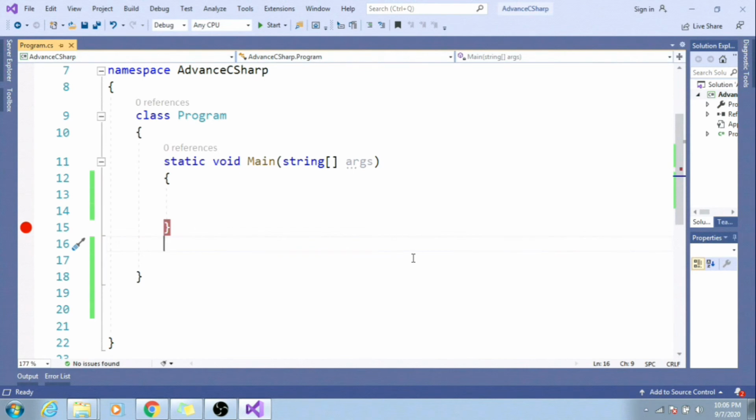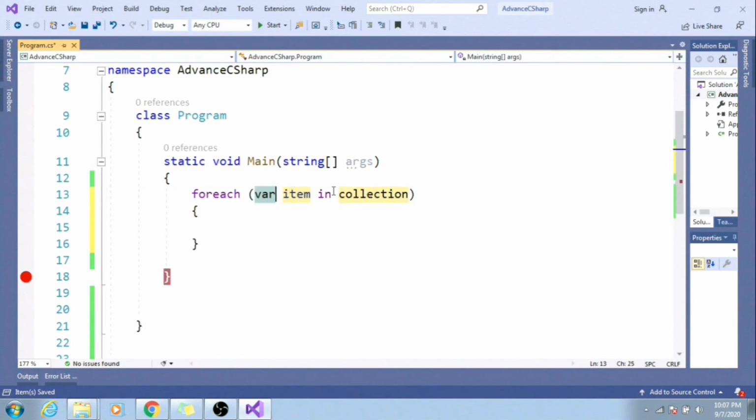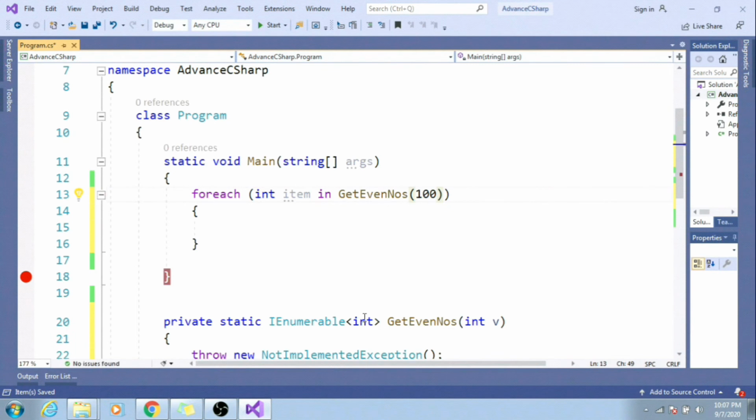It is really very helpful for doing the stateful iteration. Let's see that practically. Let me try to iterate a function which is returning a collection of even numbers. For each tab, this is integer and this is GetEvenNumbers. Let me pass parameter as 100. You can use this icon to create a method skeleton which will be giving it the collection of enumerable